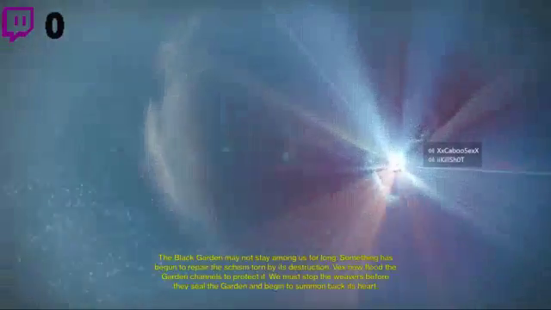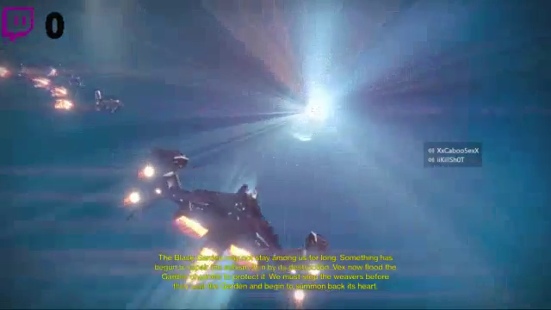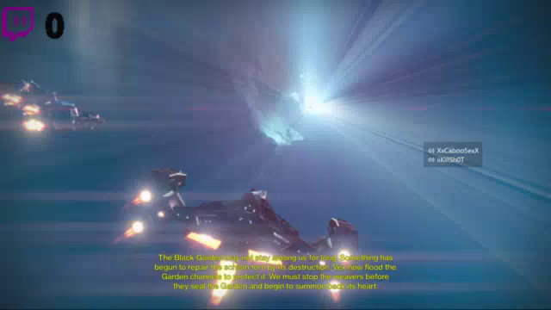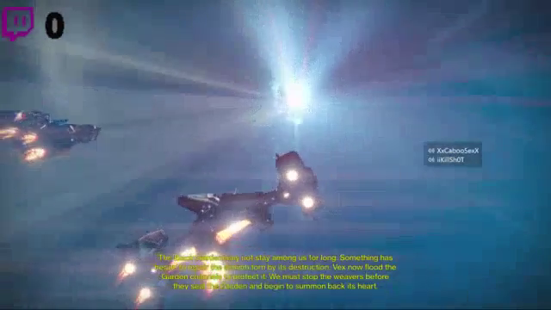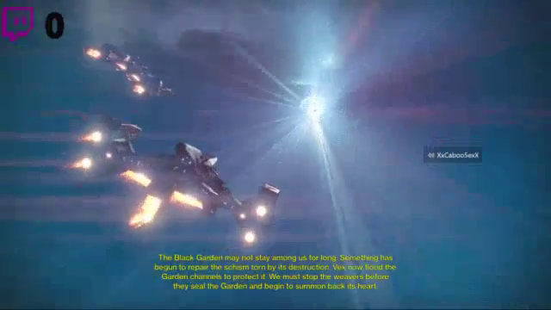leaving it there. The Black Garden may not stay among us for long. Something has So begun to every reveal once in a while I this have to torn clean my by truck out. Normally it's Vex now flood the garden mainly channels to fucking protect it. jackets. We must stop the weavers before they seal the garden and begin to If suck like I out have